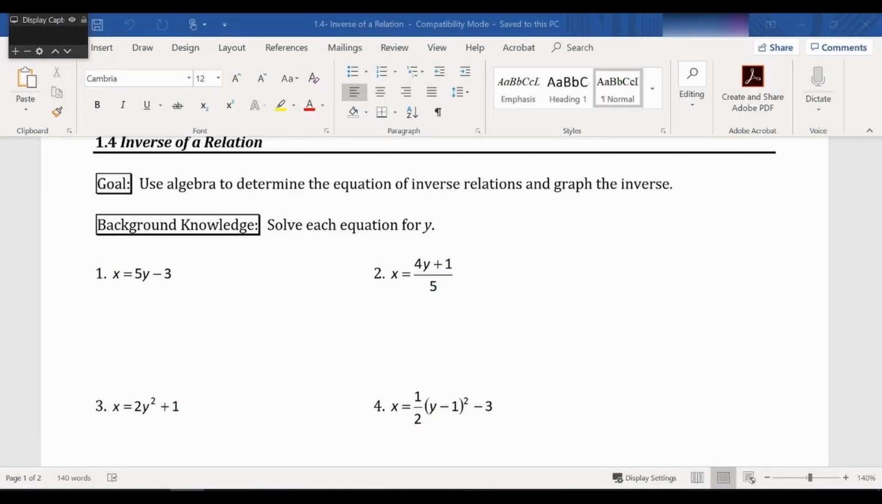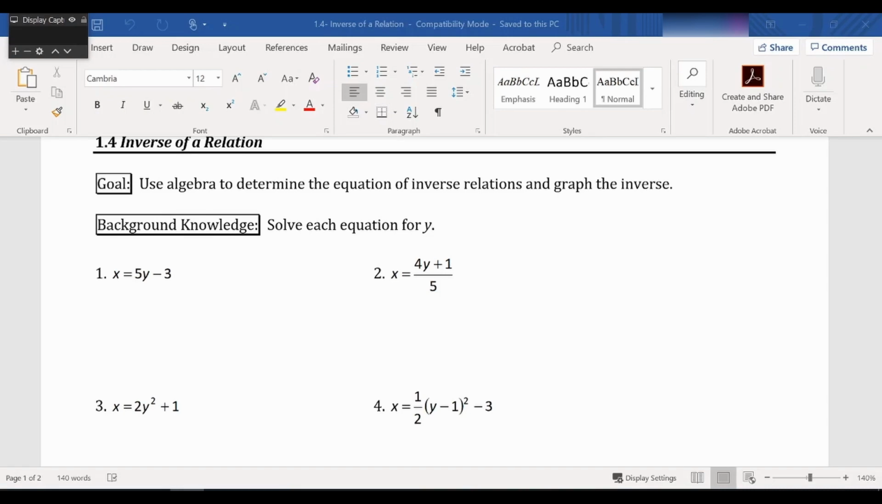All right, welcome to 1.4, which is talking about something called the inverse of a relation. So we're going to be using some algebra today to determine the equation of inverse relations and graphing those things. So this isn't totally connected to what we've been doing so far. The connection is that we are graphing relationships between different functions, but we will not be using things like the